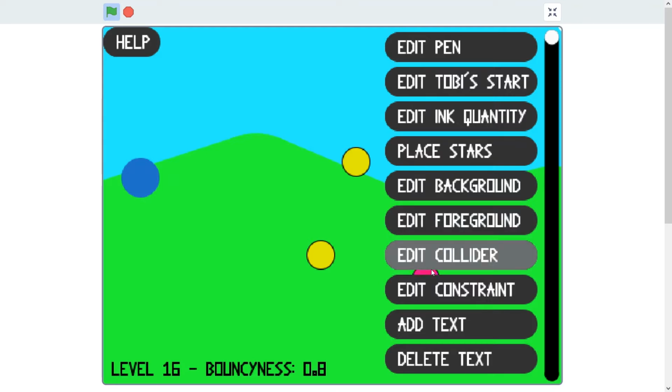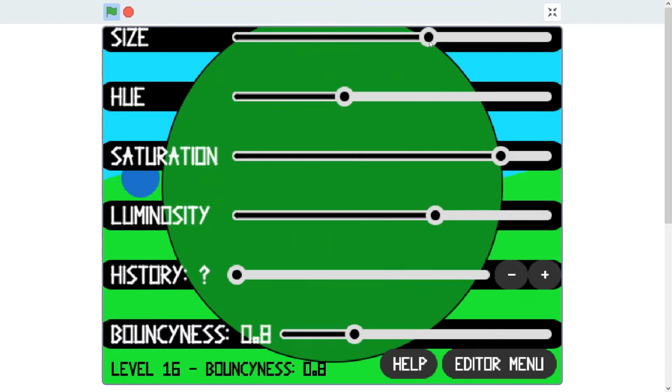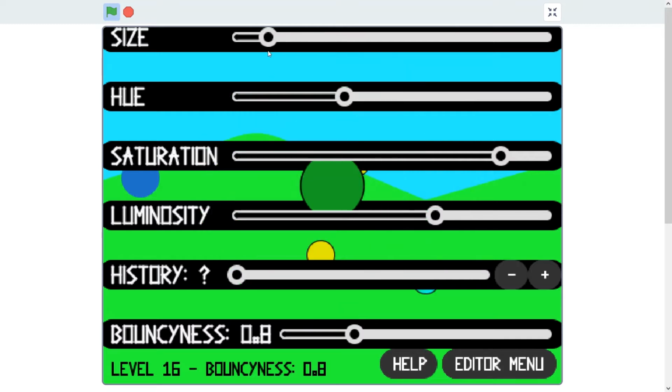So there are a few parameters about the collider. Just like the foreground, you can edit the color. For example, if I want the collider to be a bit darker than the background, I can do it. You just can't change the size of the collider. No matter what you put as the size, the collider will still be the same. So there is something else that is important. It's the bounciness. By default, it's 0.8, as you can see, but you can change it